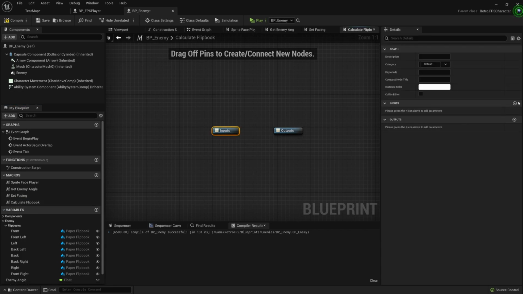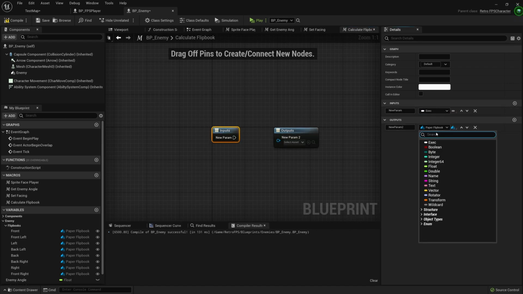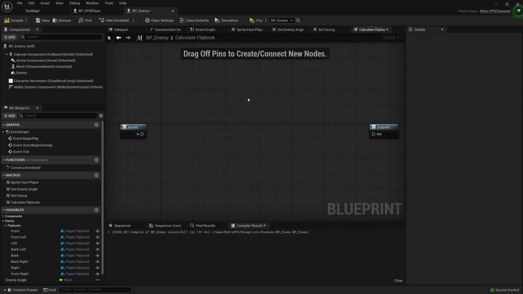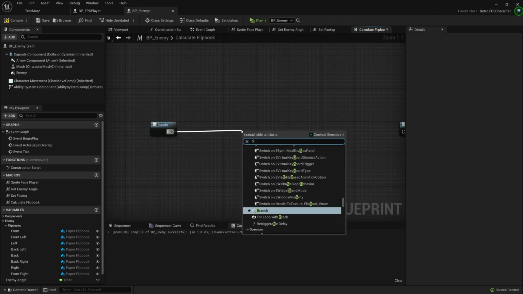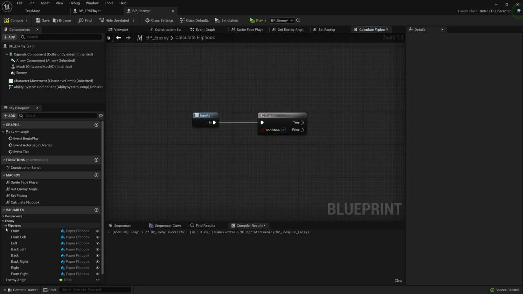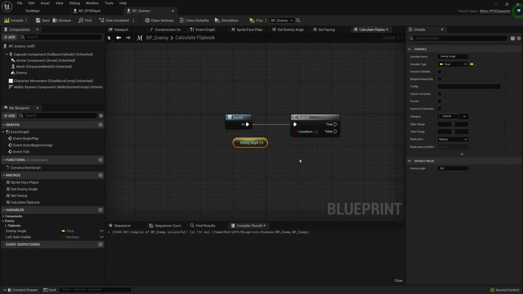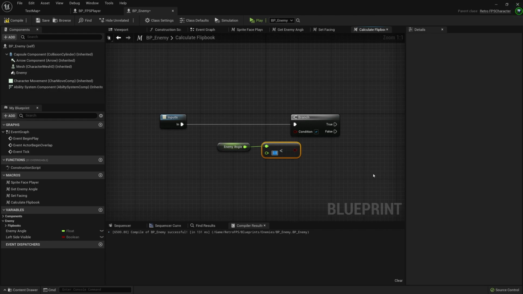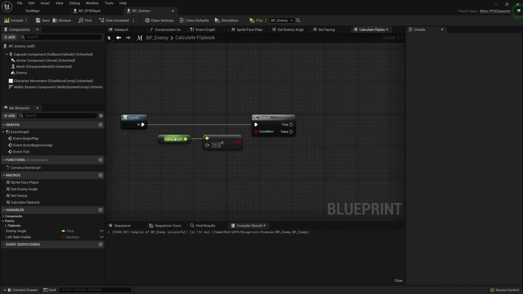And in here, we'll add those in and out pins again. So in this macro, we're going to do some calculations, and it will be a series of branches. So the thing that we're going to be looking at is what is the enemy angle at? So the first thing we want to check is if it's less than a certain number, and we'll say that this number is 22.5. So if the enemy angle is less than 22.5, we can say